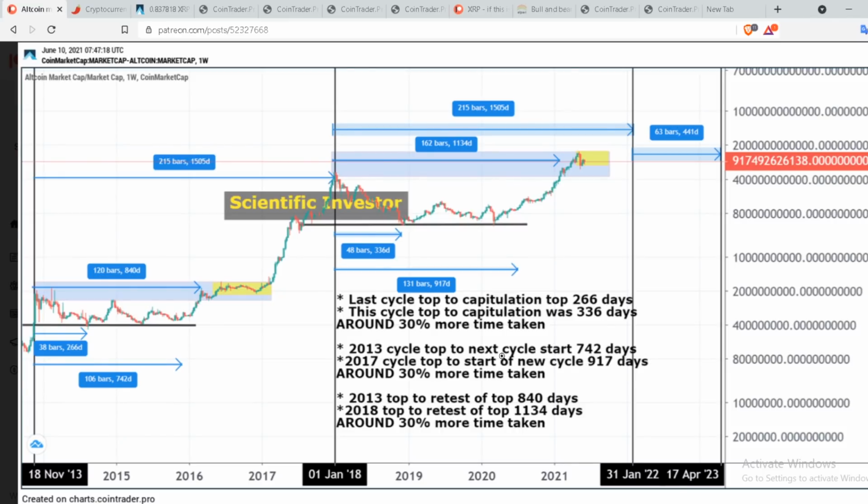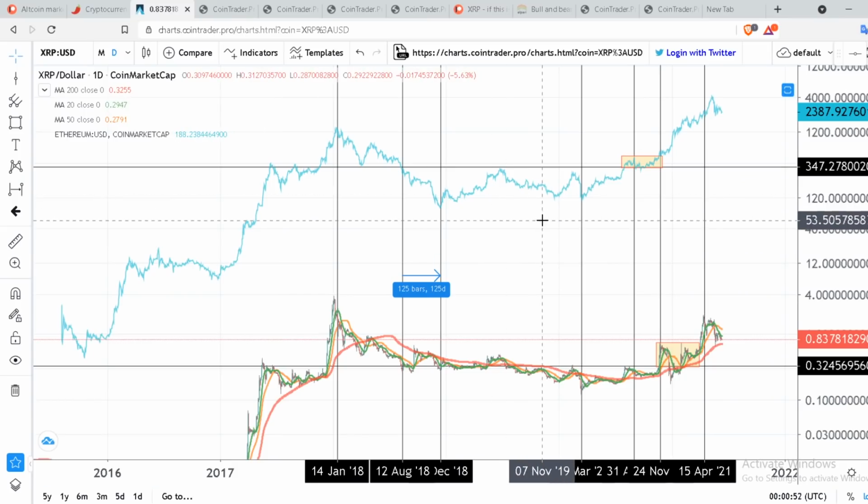If you are looking at this, this is the altcoin market, and we just talked that XRP is moving 10% more than, or say some areas 3%, some 5, some 10, take the average even 5%. It's more or less similar to the last cycle. Whereas here in the altcoin market, it's showing you 30% more time in each sampling point, right? You look at first bottom, second bottom, the start of the bull market, top to top, all of the steps, and you understand that there is a possibility that we are going to get extended market momentum.